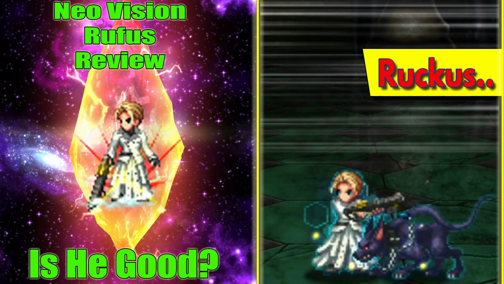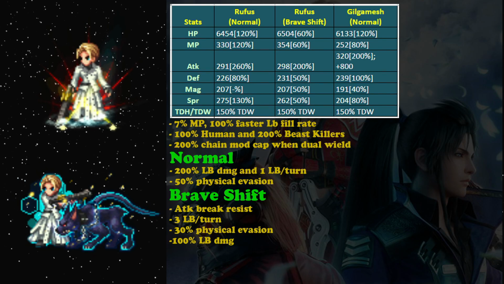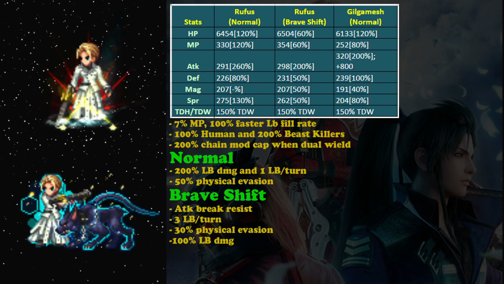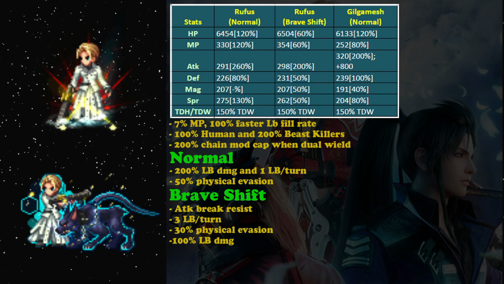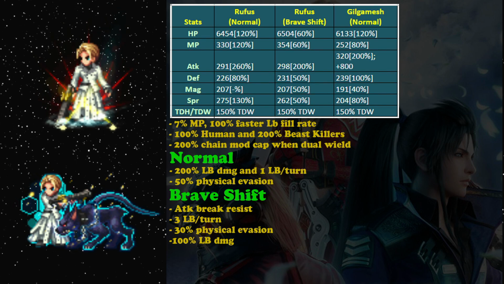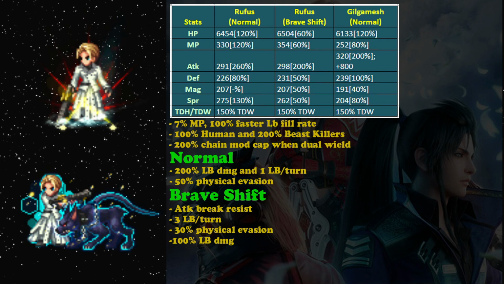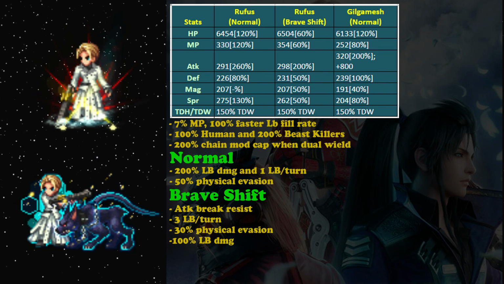So let's start from his stats. I can say his stats are a little bit underwhelming because you can see that his base attack stat is kind of low, only 291. And you can see that Gilgamesh, yes, he's one of the best characters in this game, gets 320. So yes, you may say, what, only 30 points difference, but remember Gilgamesh also gets 800 attack